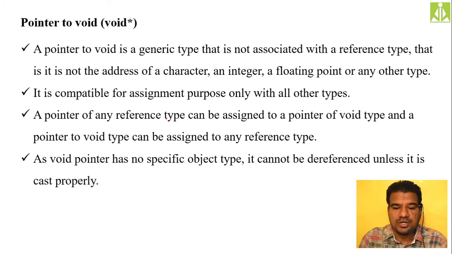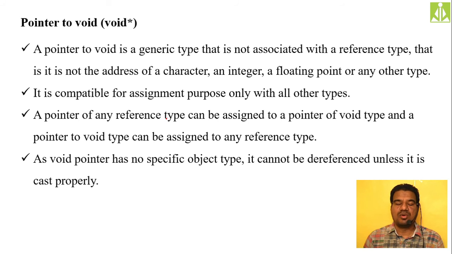Okay, so the void pointer is a special type of pointer, or we can say it is a generic pointer. When we discussed the concepts of pointers, we said whenever you are declaring a pointer, you have to be sure of the type of variable whose address you are going to store into that pointer. If you have an integer variable, we need to declare an integer pointer to store the address. If you have a character variable, we need to declare a character pointer. If you have a float or double variable, you need to declare a float or double pointer to store their addresses.